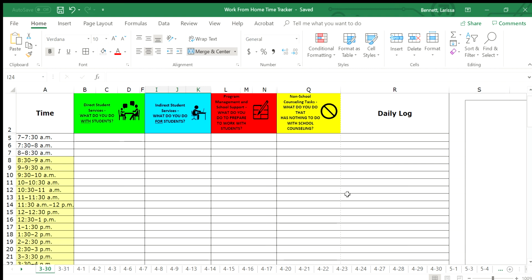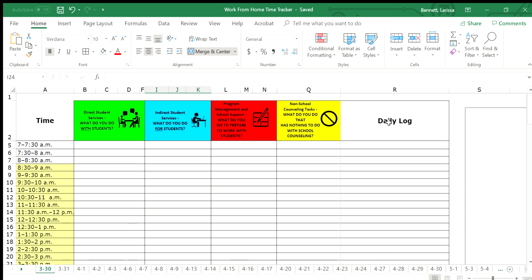So when we are being asked to create our daily logs, this is a great way that you can marry the two, our time tracking and keeping track of what we're doing every day. And then as we go back to our schools, whenever that will be, this is a tool that you can continue and take with you and utilize in your program. So I'm going to walk you through the basics of the spreadsheet. I didn't design it. I've modified this so that it matches what we are currently doing in our district.